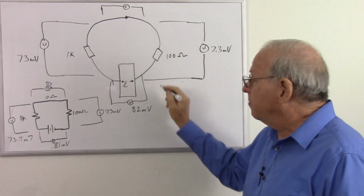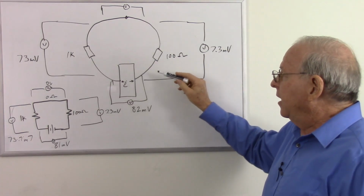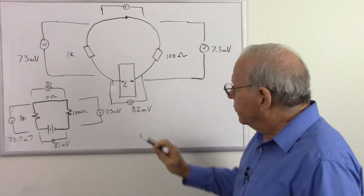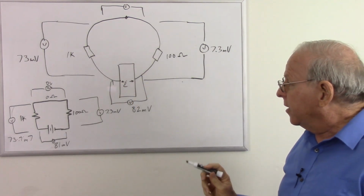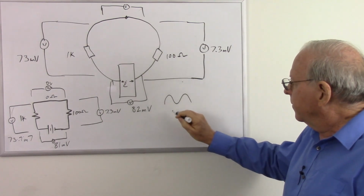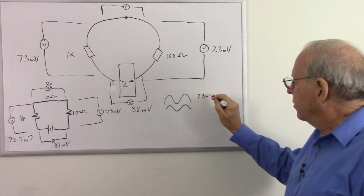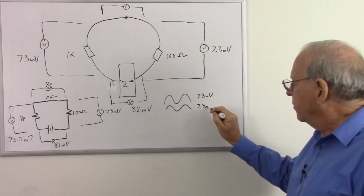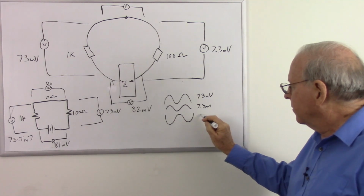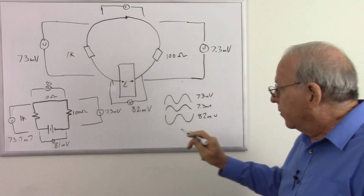He says that's an illegitimate measurement because now the voltmeter is part of the secondary loop. But in reality, it would be everywhere if that was the case. But it's not, because the EMF is only in there. So that's a perfectly legitimate measurement. And I will guarantee you that he had his voltages, his 73 millivolts and his 7.3 millivolts. I'll guarantee you that 83 millivolts or 82 millivolts was 180 degrees out of phase with the other two,